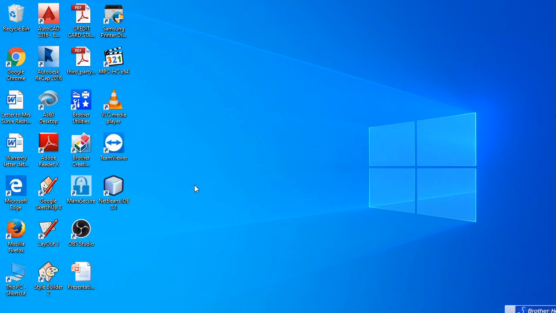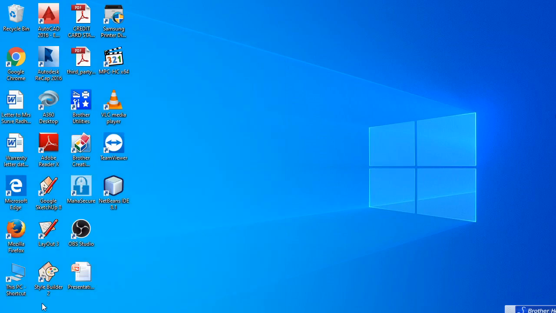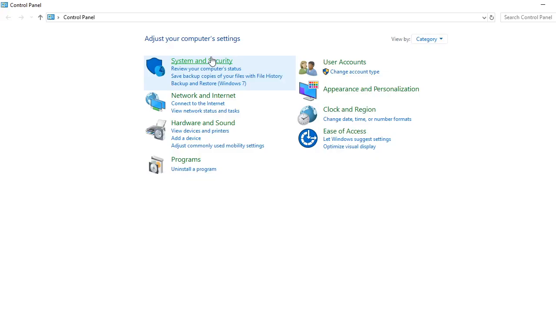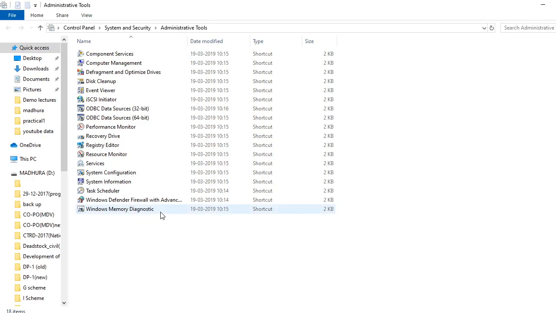Step 1, start, control panel. So here I click start and type control panel. Double click here, then select system and security, select administrative tools, select ODBC data source, because here we have to make a connection between the Java application and Microsoft Office Access.